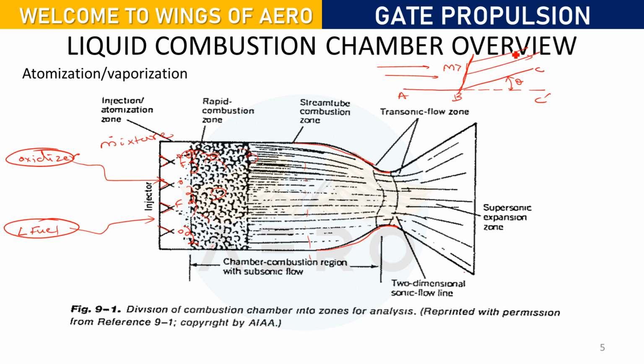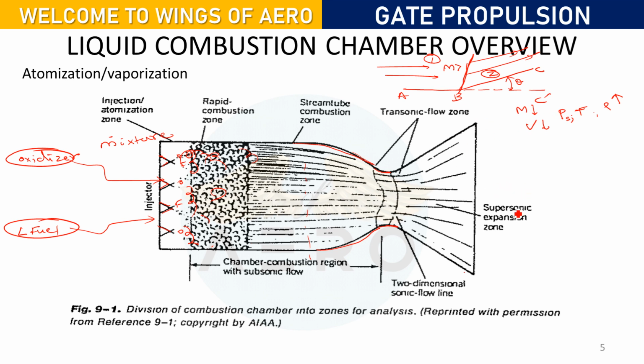And what will happen to the properties? Obviously, if this is zone 1 and this is zone 2, the Mach number will decrease, while the pressure, temperature and density will increase. I am talking about the static pressure, temperature and density, which will be increasing, but the velocity or the Mach number decreases, right? This is what happens in your oblique shock wave.